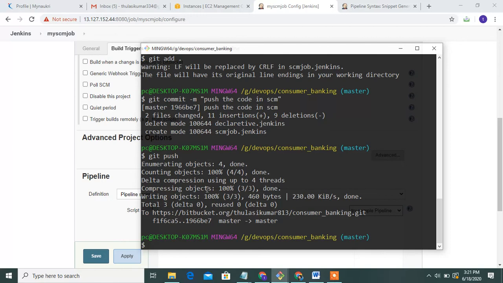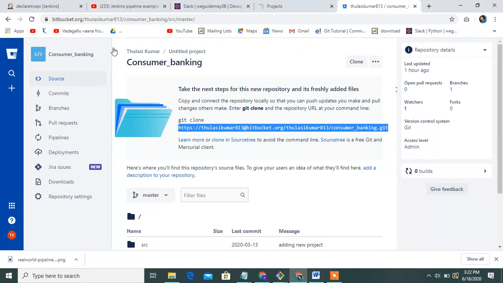Yes, successfully pushed to source code management. Let me show this, whether it is stored or not.